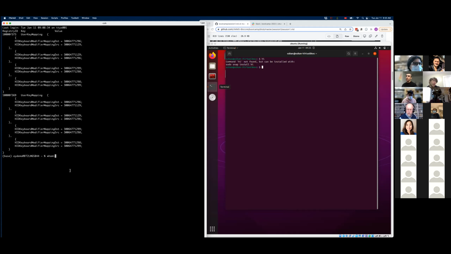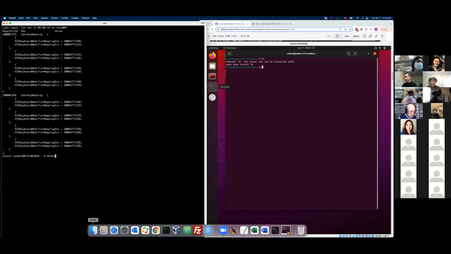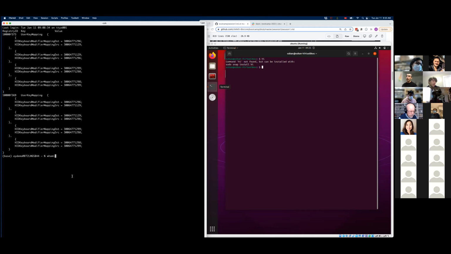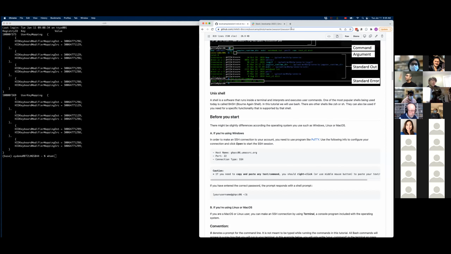So this is a text-based interface with the computer, and it's very different from the usual way that we use the computer. When we're interfacing with the computer, I'm using here, for example, my mouse. I go here, I select a different window. If I see a typo here, I can click here and then start editing the text.